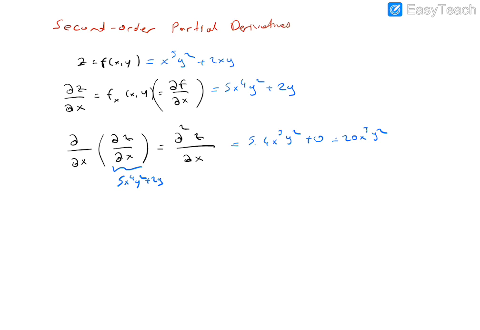Okay, that is twice we differentiate with respect to x. For example, you can differentiate this function with respect to y. Derivative of this function with respect to y can be calculated also. So by differentiating this function with respect to y, now 5x to the power 4 is constant, so the derivative of y squared is 2y, plus the derivative of 2y is 2. So 10x to the power 4 y plus 2 is the derivative of z first with respect to x, then with respect to y.